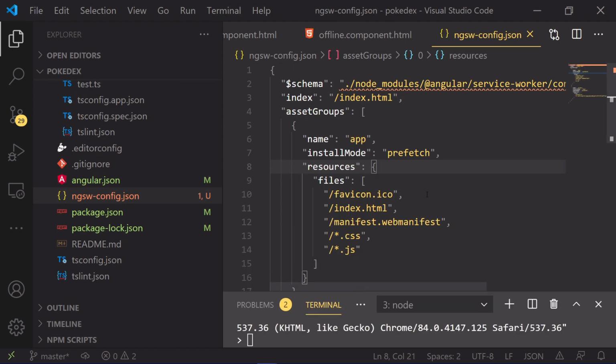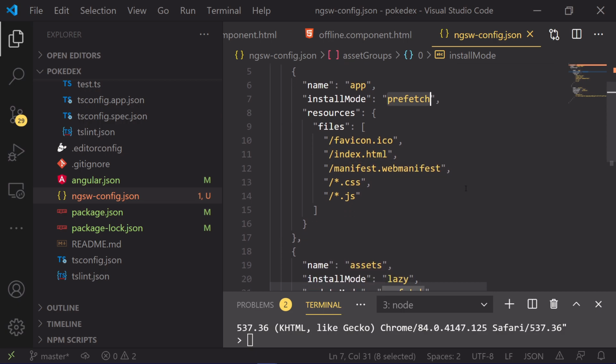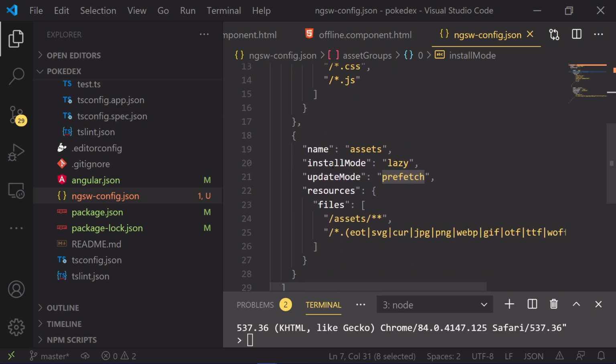If you see here, we are caching prefetch of your application for index.html, favicon.ico, manifest.webmanifest, and all the CSS and JavaScript. Whereas the assets, at the time of install mode, are all lazy. Whenever there is an update mode, then it is prefetch. So the offline image was never loaded when we accessed the application for the first time.